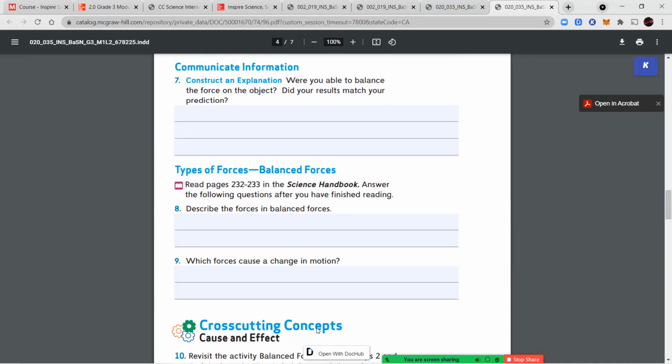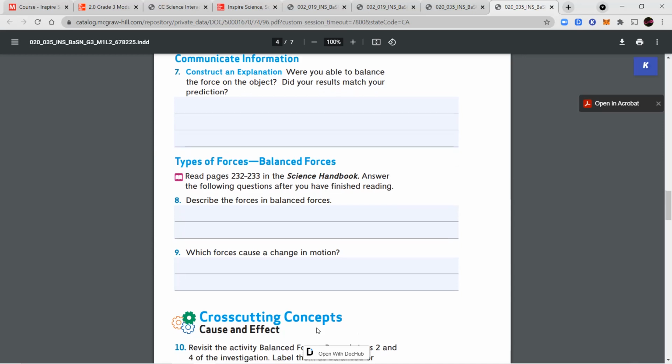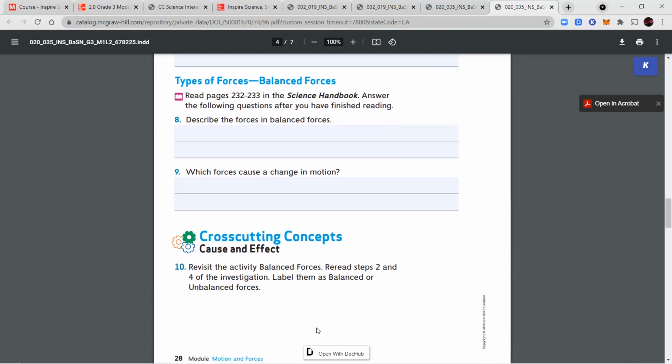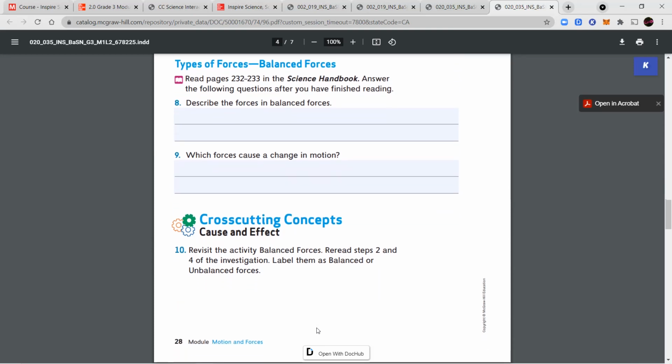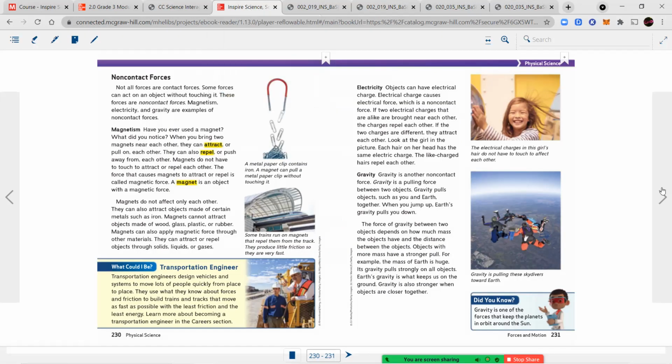We're going to construct an explanation. That means we're going to write out and explain our answer. Were you able to balance the force on the objects? Did the results match your prediction? So what you thought was going to happen? Read pages 232 and 233 in the science handbook, and we're going to answer the questions. Describe the forces in balanced forces and which forces cause a change in motion. So we're going to go ahead and hop back into our textbook